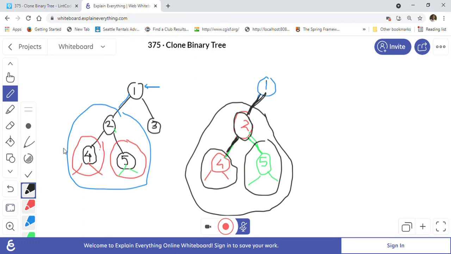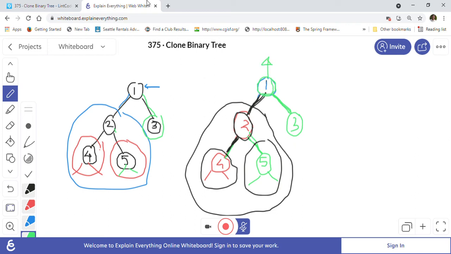After that the call will go on the right side, and we will say clone the right side of the node and attach it to me. So now we will clone the right side of the node, which is 3 here, in the clone tree. We create the right side of this subtree for 1, and then we attach it to me. The right side of 1 is only 3, it doesn't have a lot of children, only 1 child. So we will just attach it to 1, and the call will return to the original 1 here, and we will just return this root as our answer, right?